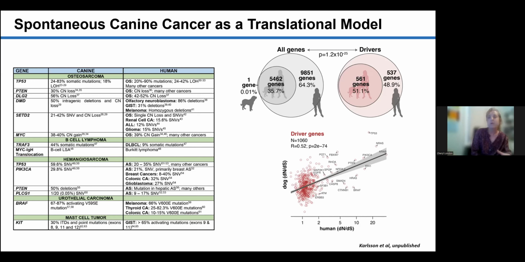But when you look at driver mutations, when you select for those mutations that are known to be consequential in the context of cancers, over 50% of them overlap with human cancers. So that suggests there is significant synergy between these two diseases across humans and dogs, and that there's a real opportunity to understand the driver genes and how they function in the context of these cancers across humans and dogs.